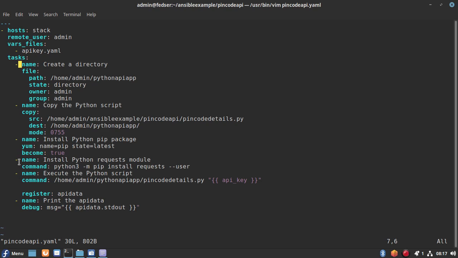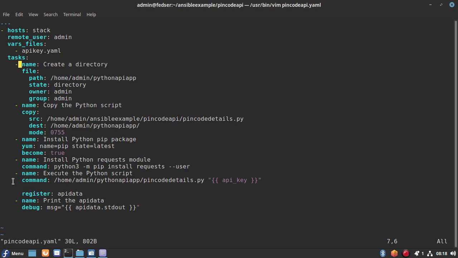Okay. So then coming to the next package that we want to install is the request module. This is the module we are going to utilize in our Python application. It is supposed to be available, and if it is not available, we need to get it installed. So this is the Python module installation step wherein we are using the PIP package to install the request module with user. So basically, it is going to install the packages in the user's space.